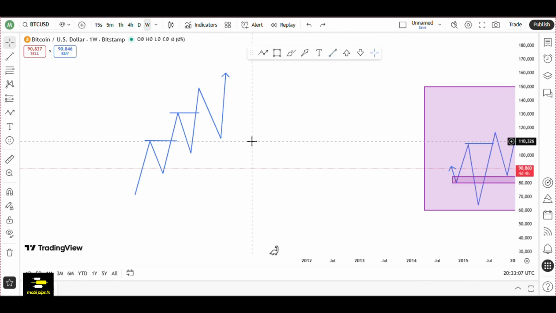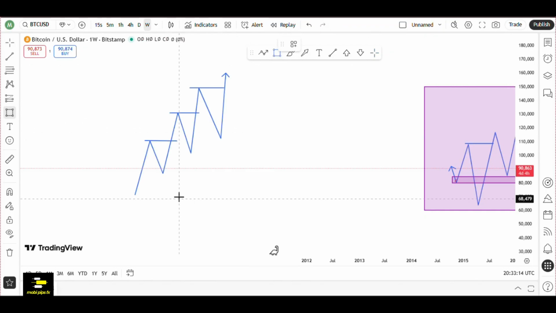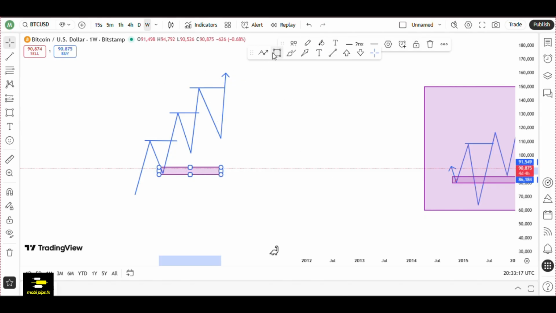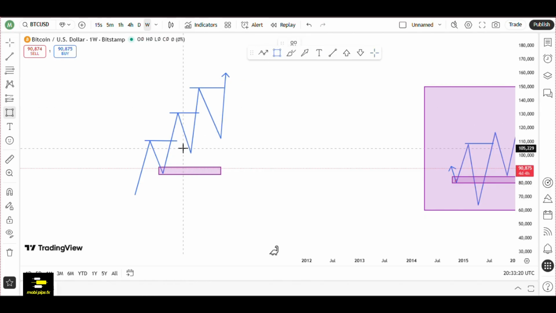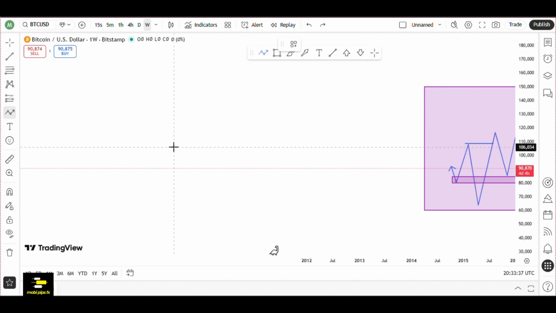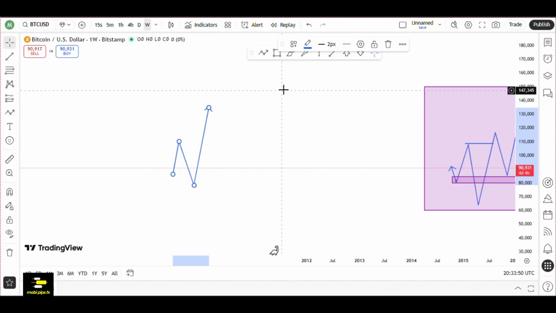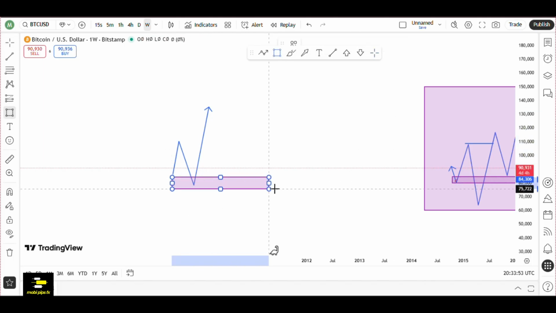Meaning that all these zones here are prospect zones that can or may not be respected. Let's come back to this. However, what are we seeing? We are saying price takes out the opposite zone. After this, we are saying this is our strong zone.